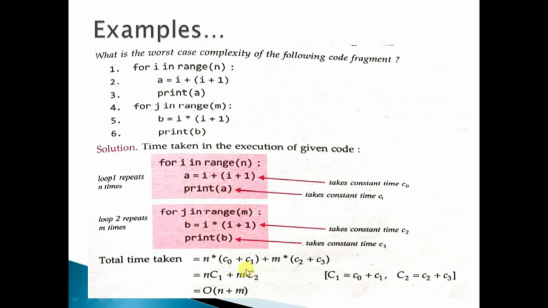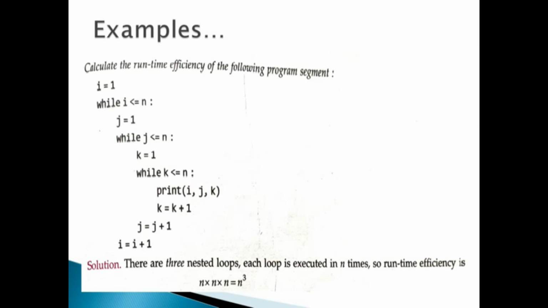So the complexity of this code fragment or program will be of the order n plus m. So the big O notation will be O(n plus m). Clear? Next example,